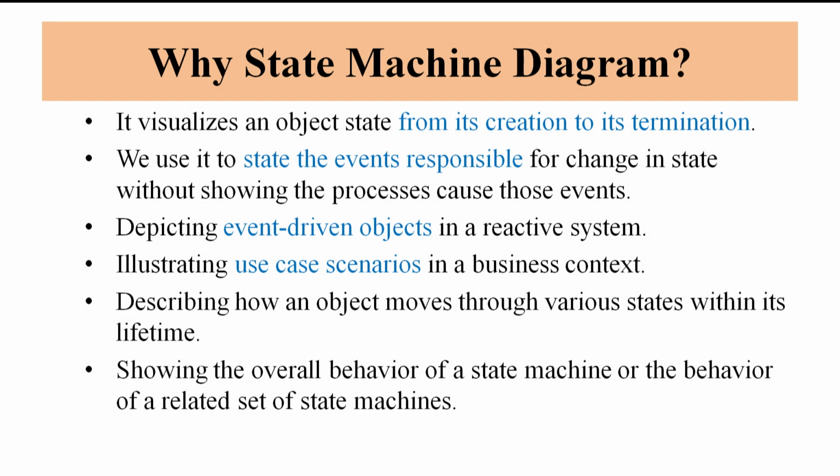termination. We use it to state the events responsible for change in the state without showing the process. So in a state diagram, we are not going to show the process. As I said earlier, depicting event-driven objects in a reactive system. It is used for illustrating the use case scenario of a business context or a specific business solution of a specific problem. It describes how an object moves through various states within its life cycle. So the whole life cycle of the object is shown here,